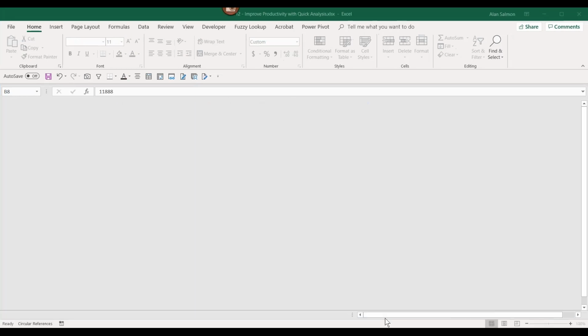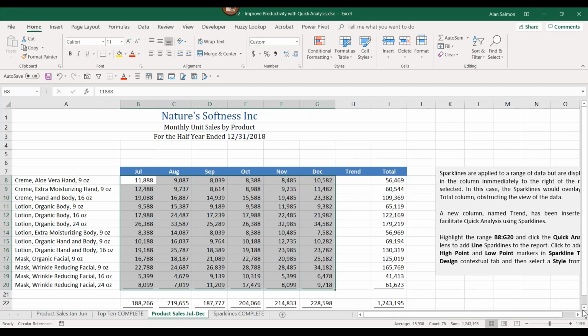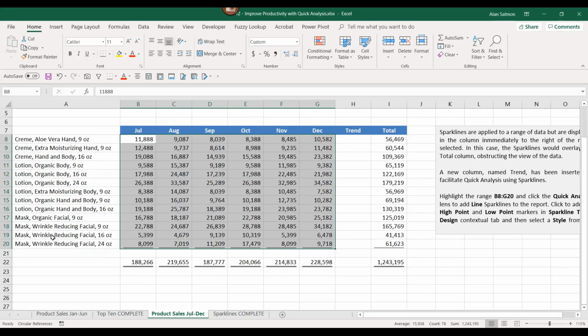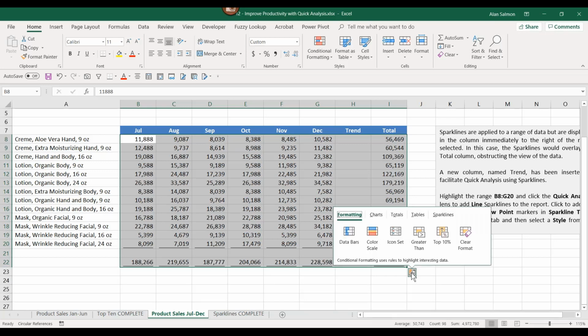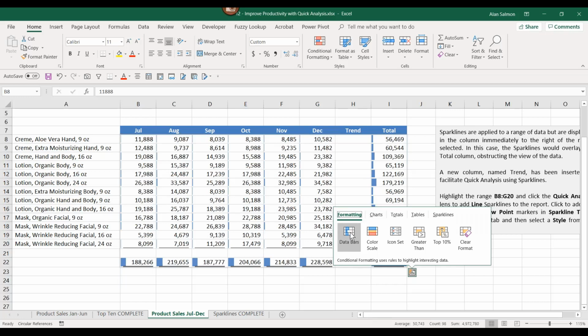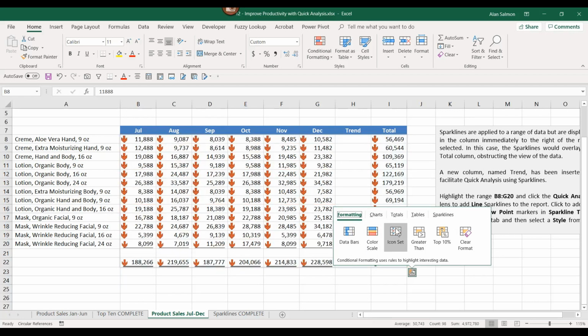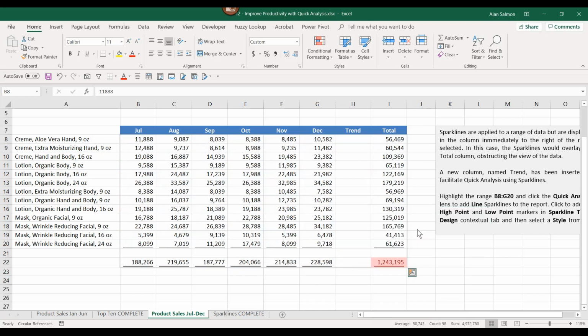And to wrap up today, I want to go here. And again, there's nothing magic about it. It's a table. Notice I've highlighted the data. Like so. And many of you may have noticed that down in the bottom right-hand corner, I get this. And if you explore it, that calls up the quick analysis wizard. And it's really a simplified and very fast way of doing conditional formatting. So if I want to see data bars, color scales, icon sets, greater than,